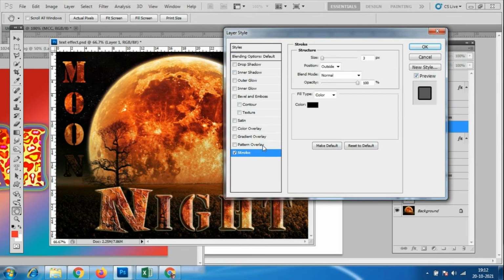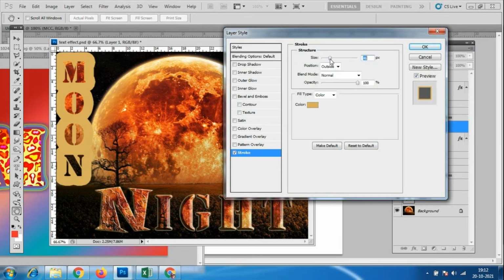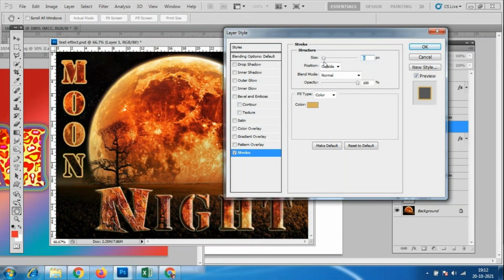Next one is the stroke. Stroke is nothing but the outline of the texture. So I'll select the color. Look here, the color I have taken here. Otherwise, we can pick any color we want. See the eyedropper tool picking the color from the moon itself. So I'm picking the color and the size. Look here, however much size you want, you can increase and reduce the size of the stroke. This is the stroke I have given. And for opacity, if we need the stroke very thin and light, we can set it that way. So that is the use of the stroke.